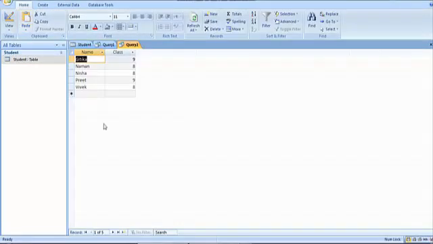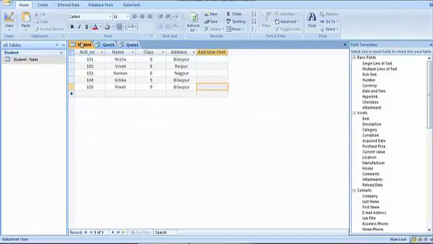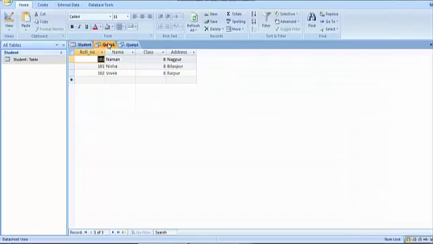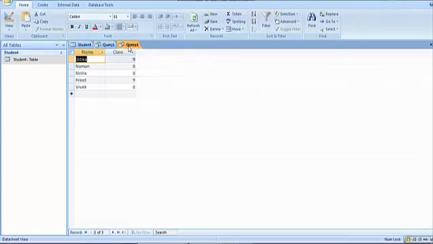So see, in this one we got the name of the students who all are in class 9th and class 8th, and this is arranged in alphabetical order also. So this is the table, children. This is the first query which we have designed, and this is the next query which we had designed. In the next query we only added the name field, and that's why we cannot see the complete record, only two fields we can see.